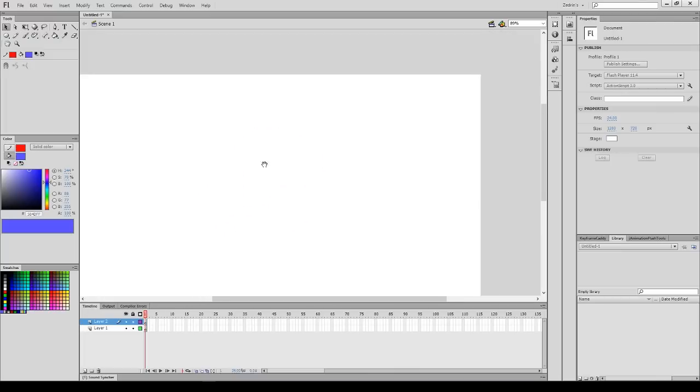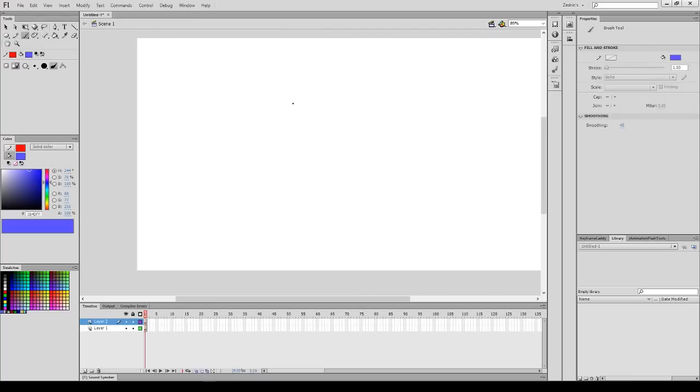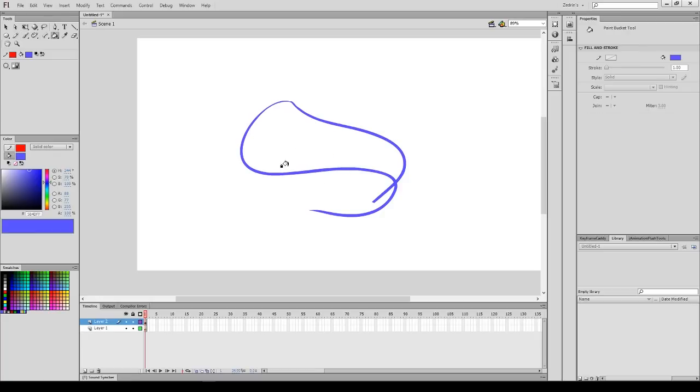So I've told you about all these cool things that you can do to make your drawing time in Flash a lot easier, but I haven't told you about what you shouldn't do. Number 1. If you're noticing issues with the drawing, like say a line doesn't show up after you draw it, you're probably about to crash, so you're going to want to save and then close Flash out and